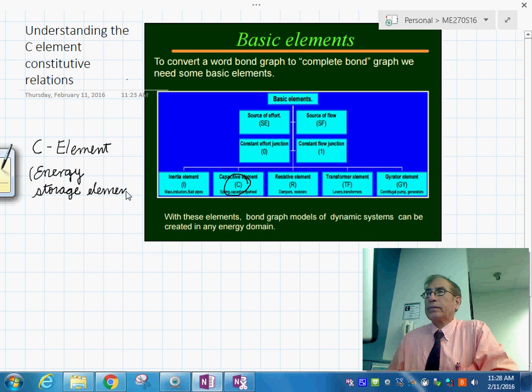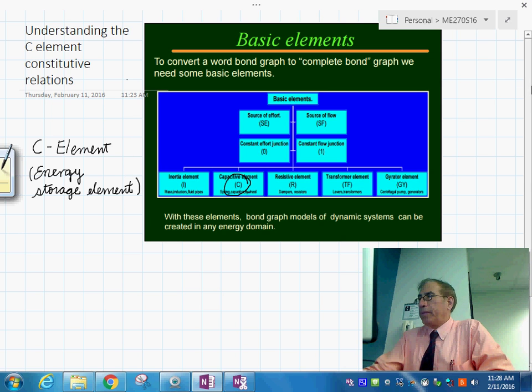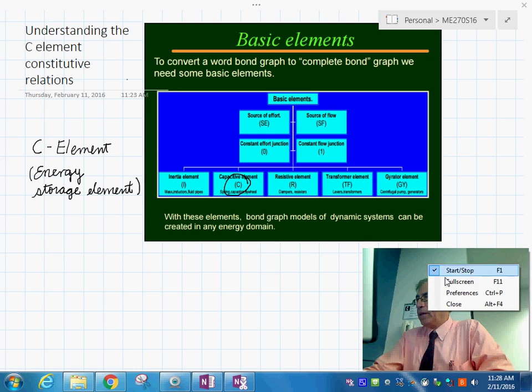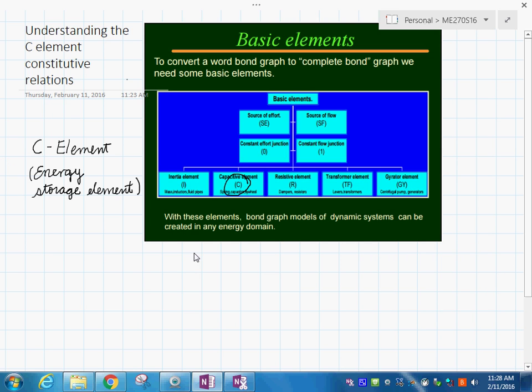Okay. So if we look at the different way we represent this, there is a couple of ways we